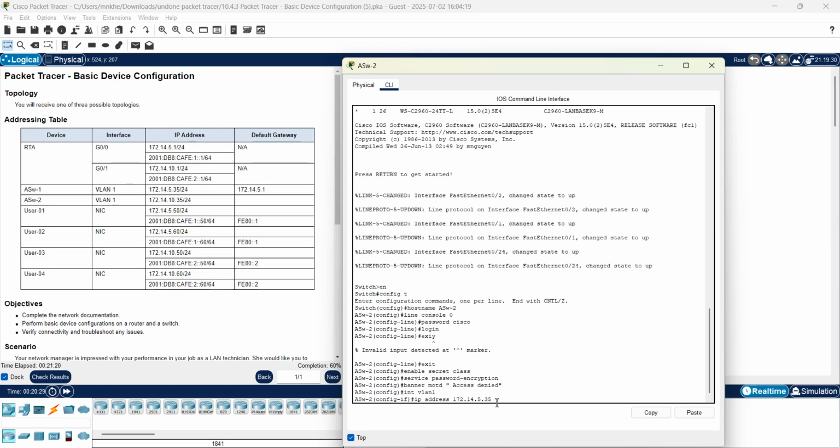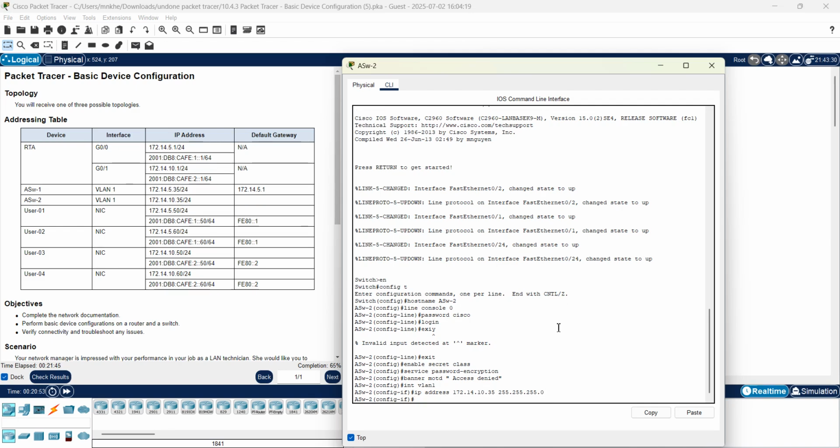sorry, this is 14.10.35. Yeah, I was looking at switch 1. Sorry, my bad. So as you can see, /24, which means we already know our subnet mask because we just calculated it, remember? So 255.255.255.0,